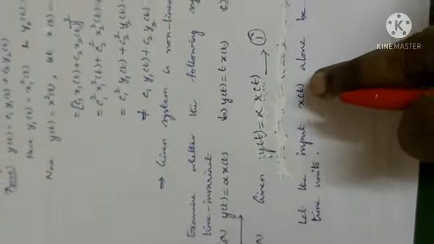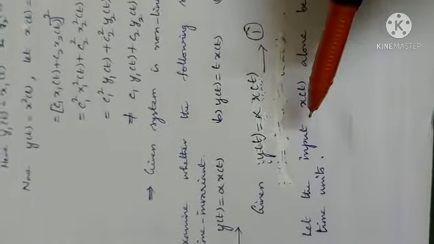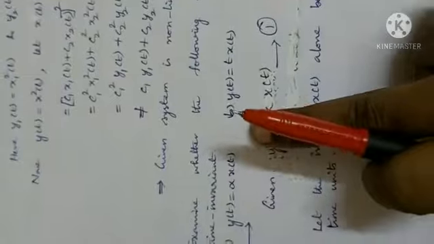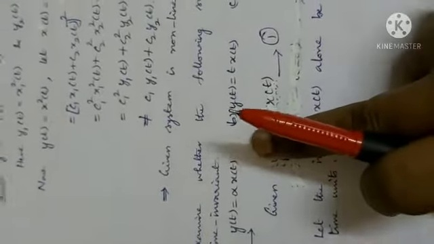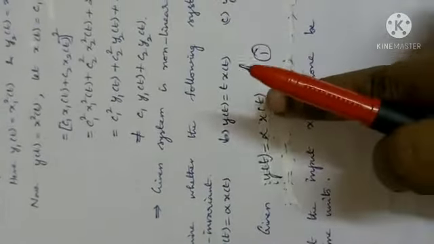So what is our definition for time invariant? If the input is shifted to t plus h, then the output will also be shifted to t plus h. That is our definition. In problems, what do we do? Let us see. First, let us assume the input x of t alone. We should not touch y of t. Our assumption is let the input x of t alone be shifted by h.